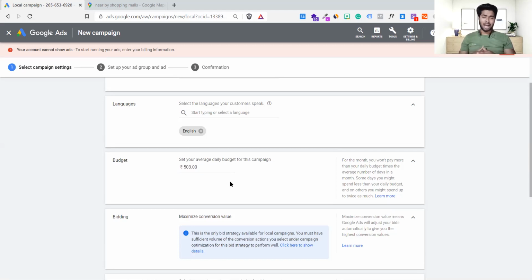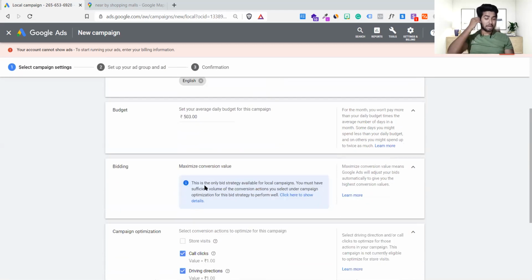I have never seen a very drastic impact, but yes, I feel there are some loopholes that AI cannot understand, like why I have given 503 rupees. So I can get benefited with a few clicks, maybe, probably. So this is my plus point. I also suggest you always use odd numbers like this when you are setting your budget.